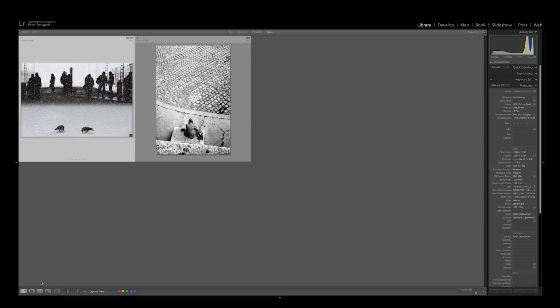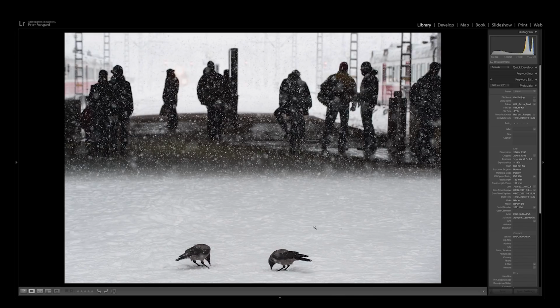But let's start with the birds first. And definitely, yes, negative space. And this is actually what Finland looks like, or it has been for a couple of days now. The sun is shining today, but this is the way it looks in Finland. And look at these 2 birds trying to find something to eat in the snow, but they probably did find something. But yes, negative space, really nicely done, and I like the snow that's falling,